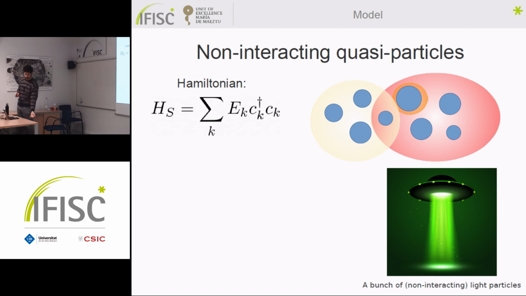or also like the fermionic particles of a material. I mean, the material is full of electrons. Electrons are fermions. If there is a case in which they are not interacting, then we can say that they are non-interacting quasi-particles. Or also chains of qubits. In some cases, they can be seen as non-interacting quasi-particles because you can rewrite everything like this. So my model is made of these quasi-particles that you can think of exactly as light coming out from a flying disk that you see every day.